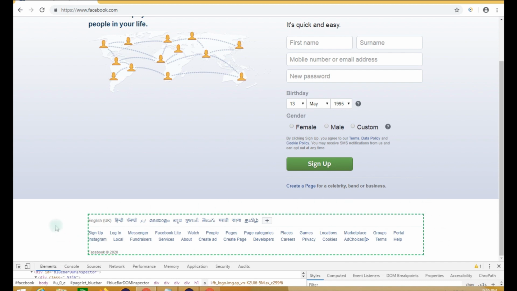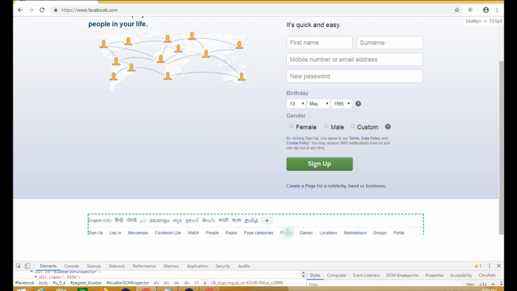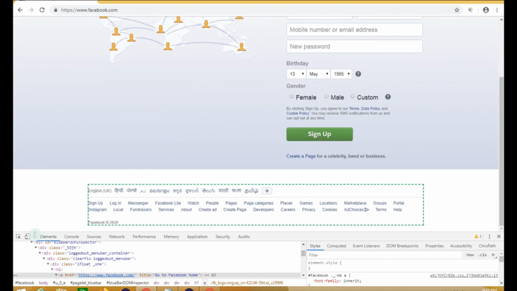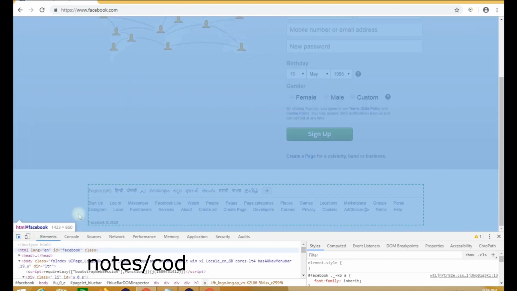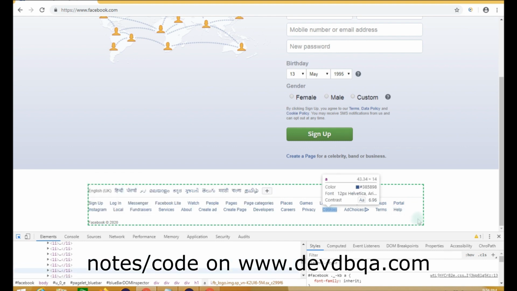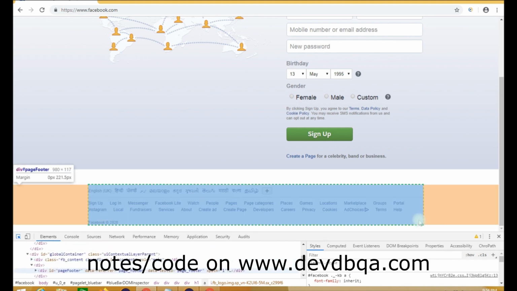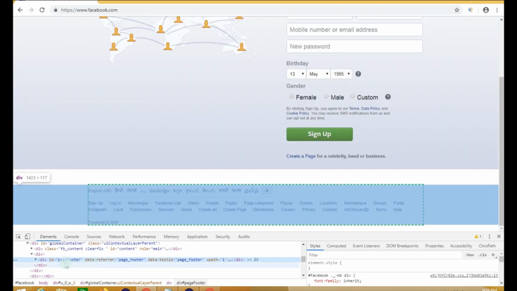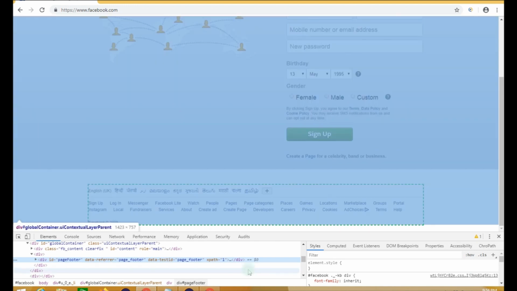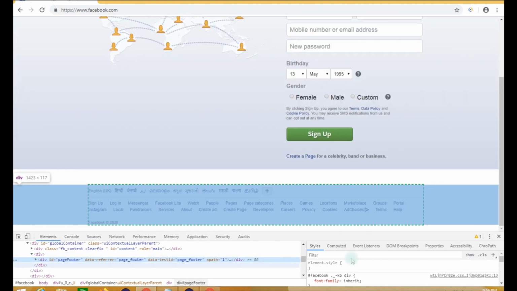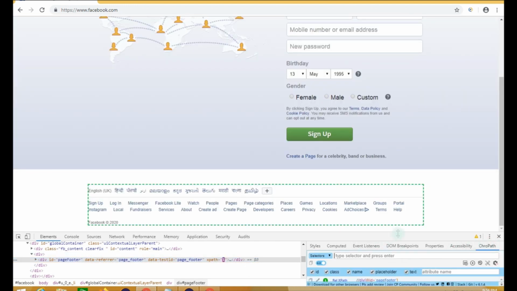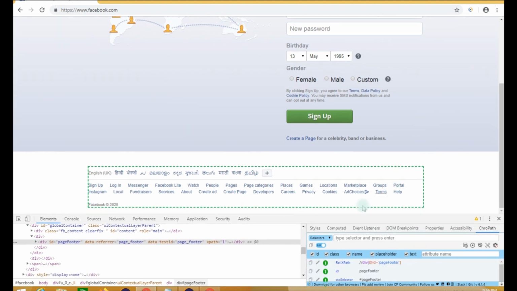right? For that, we have to first identify this footer. Let me show you. For identifying, we will press F12 on our keyboard and click on this pointer, and we have to take this pointer to this footer carefully, right? So this is the page footer. As you can see, we will copy the XPath for this page footer. So for that, I have installed ChroPath. It gives the XPath so that we can use it easily.